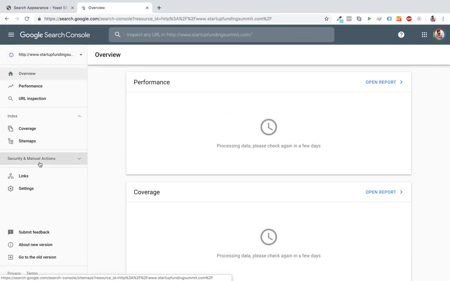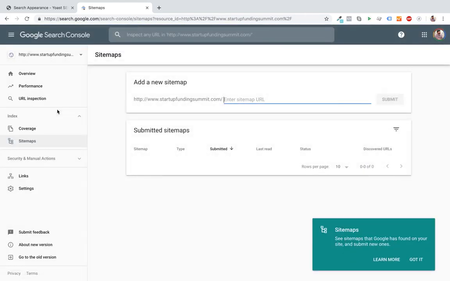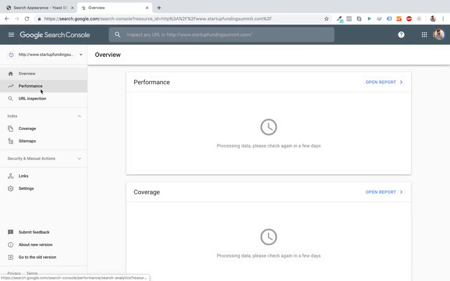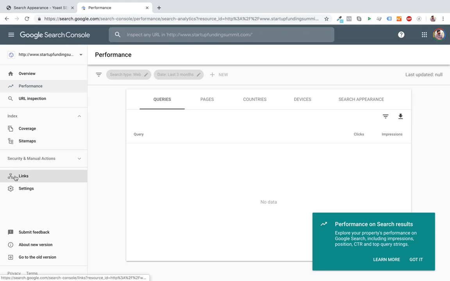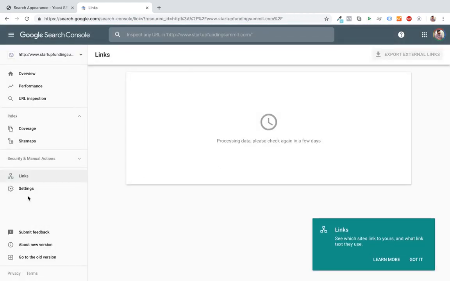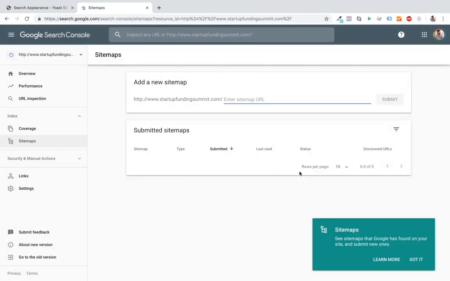What it will show you here is the sitemap. If you update your sitemaps here, you can see the overview, what errors you are facing when Google is trying to crawl it, and how you can fix it. It will even show you how the links are arranged, and whatever crawler errors it is actually seeing, right? This is a bit technical, so no need to go deep into it.